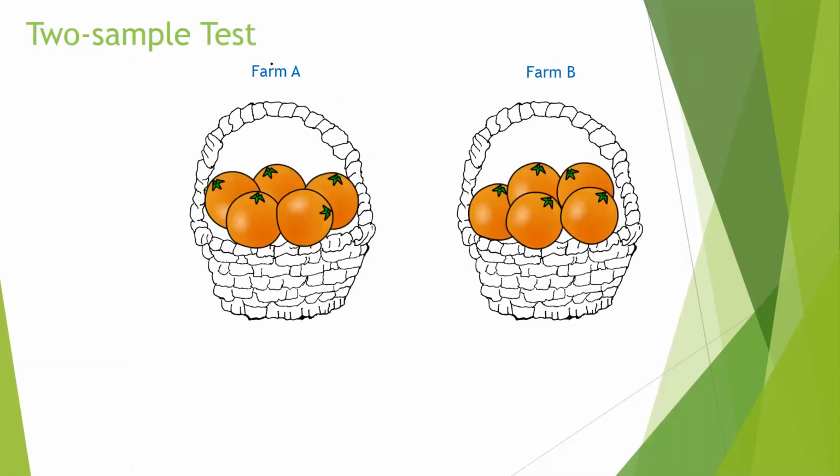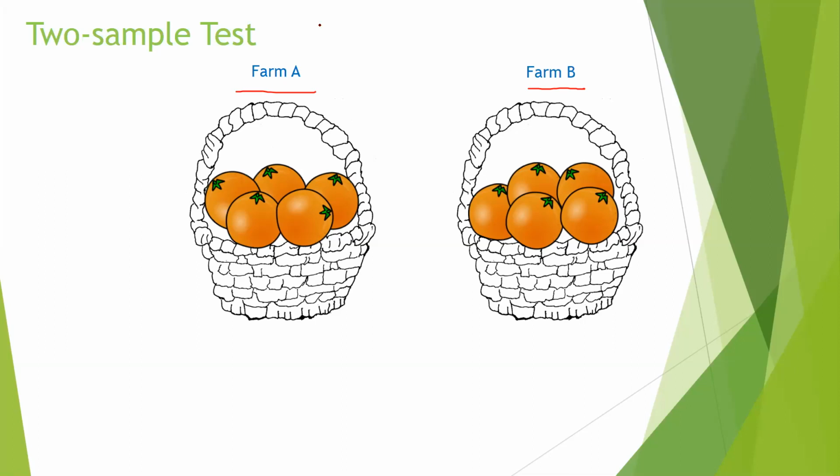So let me give you an example. Suppose you want to compare farm A and farm B to see which farm is sweeter, which means which farm can produce sweeter fruits. What you can do is randomly pick a basket of fruits from farm A and farm B, right? The random is very important. If you do not do random sampling, that will give you biased results. If you do random sampling, the sample you get from each farm will represent the overall fruit quality from that farm.